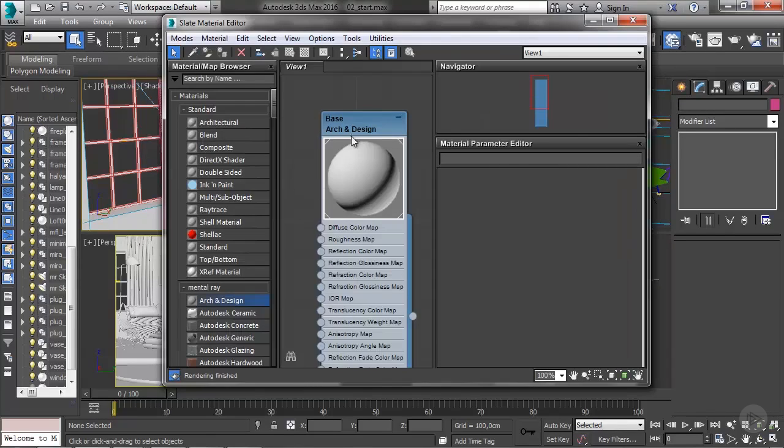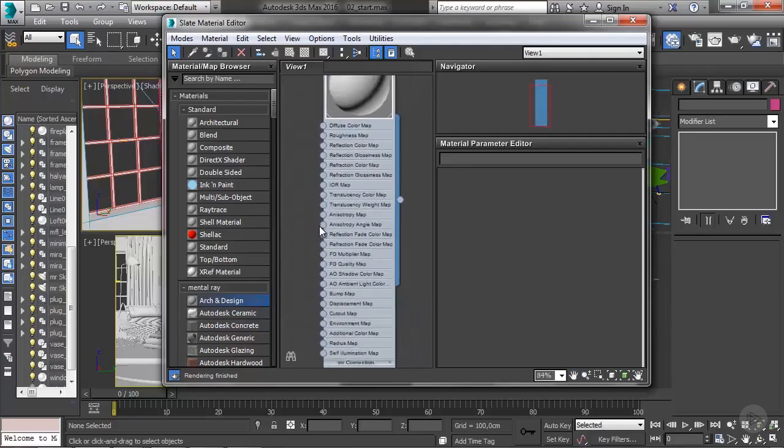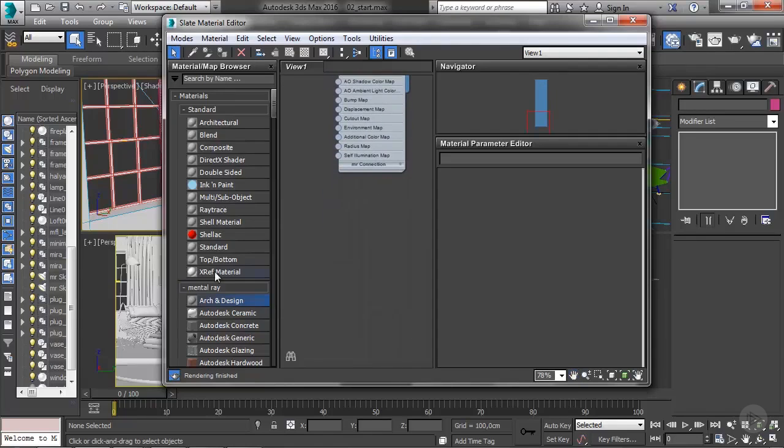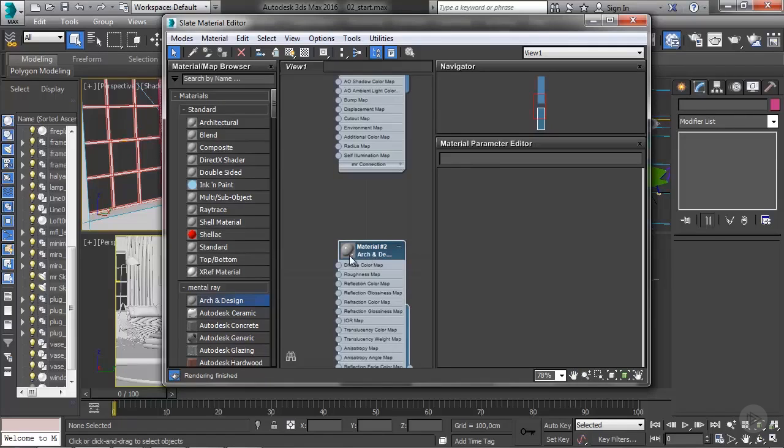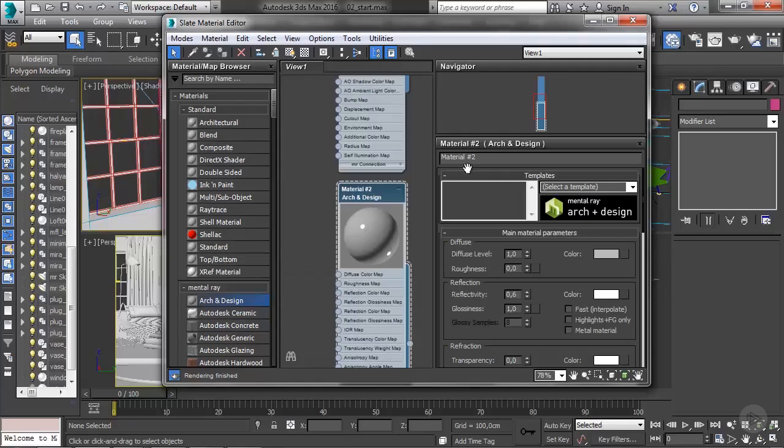So here we already have our base material created. I'm going to scroll out and create another EYECONE design, and we'll always be using EYECONE design for these scenes because the EYECONE design is the best material for architectural renders. Okay, so we'll only be using the EYECONE design. So I'll double click it and I'm going to rename this glass, and in here we're going to use a